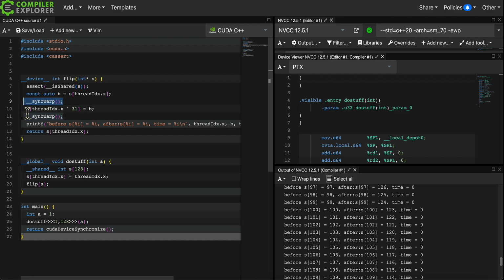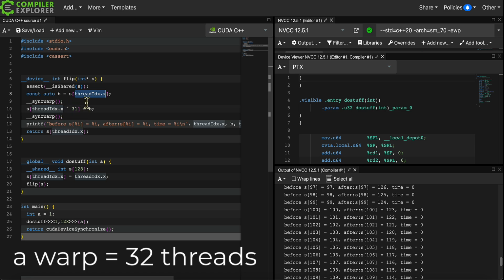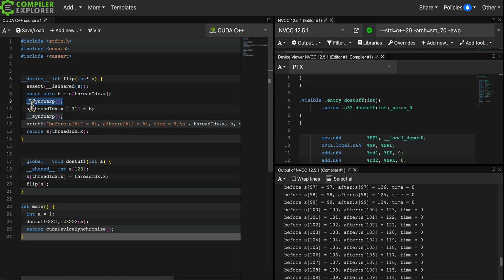Now we have a read. After that, we're going to do a write. So we do a sync warp here to prevent read after write errors, because the thread that reads is different from the thread that writes here. There is no mix up between different warps because I've manipulated it so that the thread indices stay in the same warp, but within the warp, there's a mix up of threads. So I have a synchronization point here, so I do not get write before read issues there. That's why there's a sync warp await.